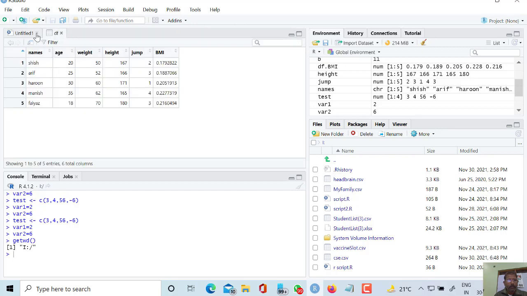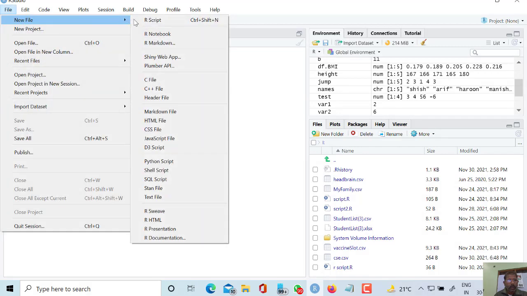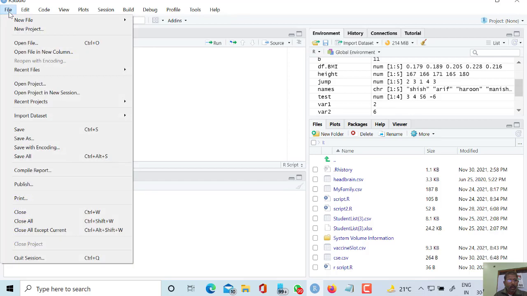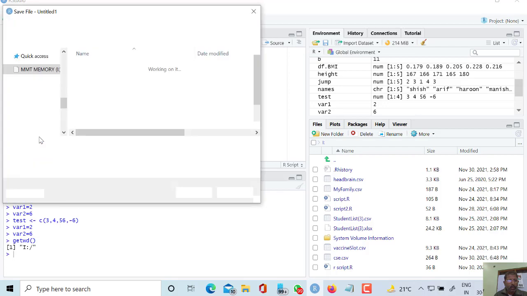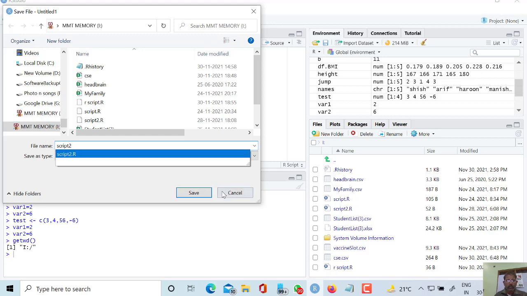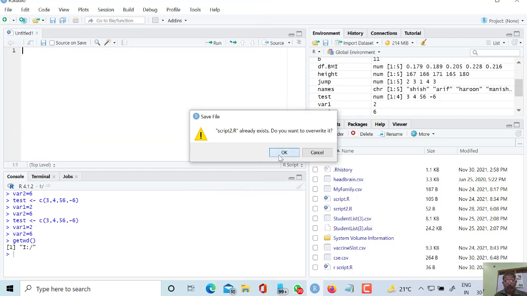First of all, I am closing everything here, and then new script, and I am saving that script as my script 2.